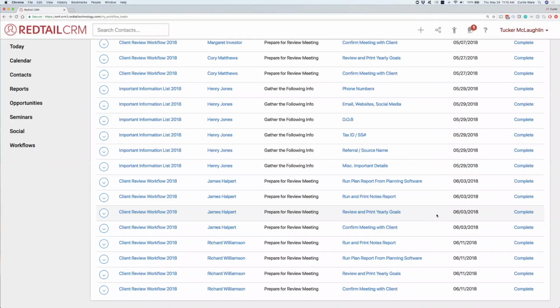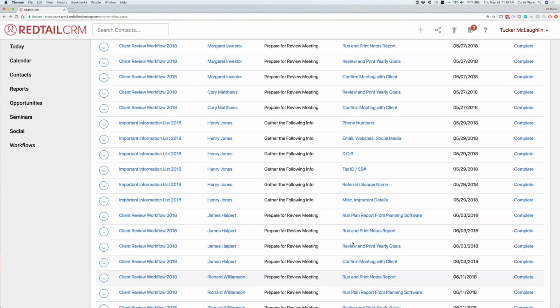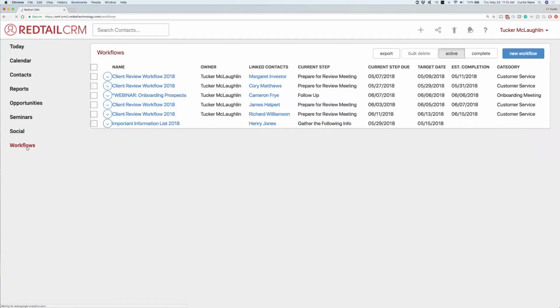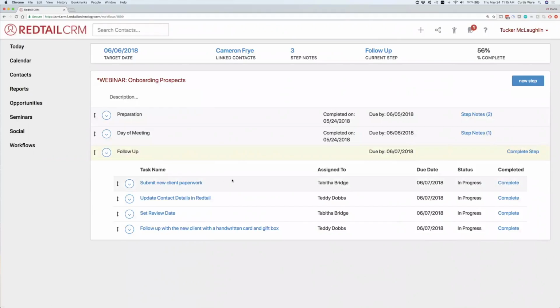So now that we did that, it actually takes us, and you'll see that there's no more tasks for Cameron Fry that I have for a contact that are assigned to Tucker. But I can always go over to the left-hand side and click on workflows again. And then over here, we'll see the webinar onboarding prospects for Cameron is on the follow-up step now. And I can open that up. And then from here, you'll see that we have those 4 tasks that are the final follow-up tasks for this